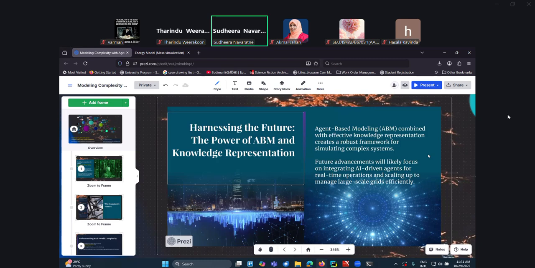As you have seen throughout this workshop, future advancement will likely focus on AI-driven approaches, which also include AI-driven agents. By using agent-based modeling with AI-driven agents, you can do real-time simulation of different scenarios.